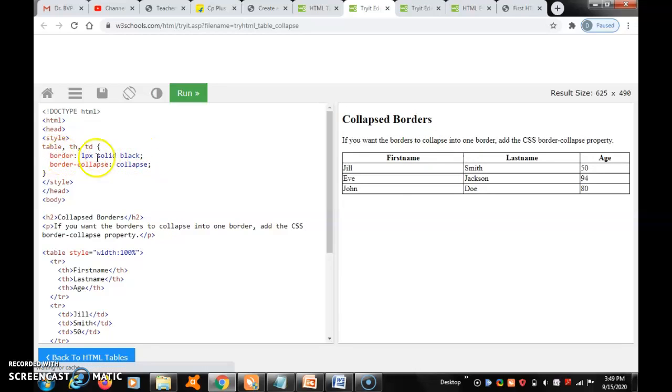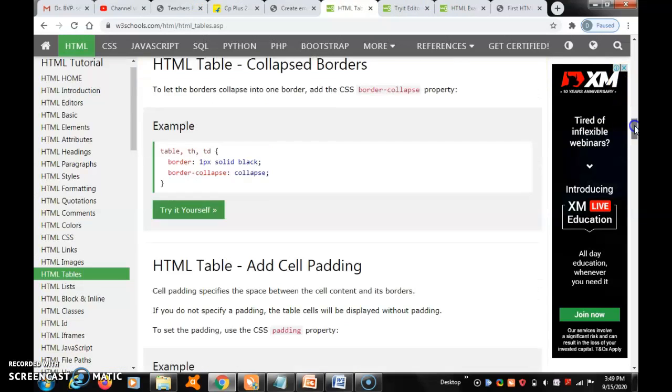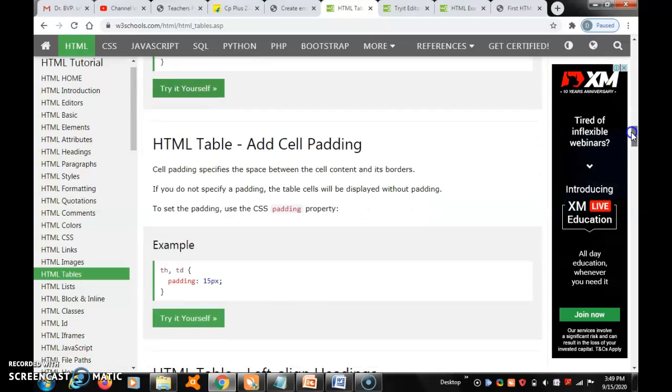The first line is as usual: border-collapse: collapse. Automatically you will get a single line, with size 625 by 490 as the default table. Then the next one is HTML add cell paddings.